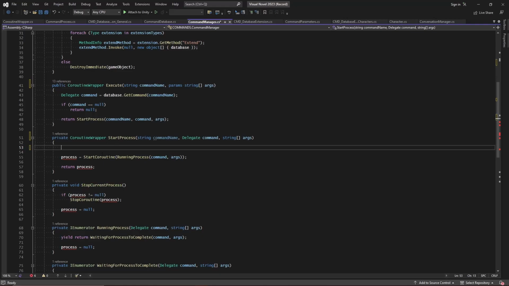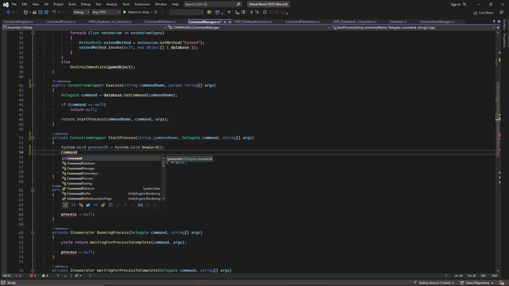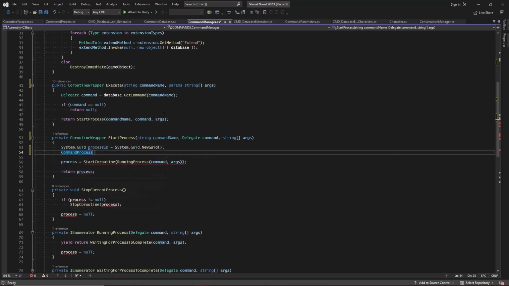I'm going to remove our stop active process so we can have multiples of them running, and we're just going to create a new process. So we're going to say system.guid, and we'll make this a new process ID to assign to our new process equals a new GUID. And now let's go ahead and create the process by making a new command process data type called cmd equals